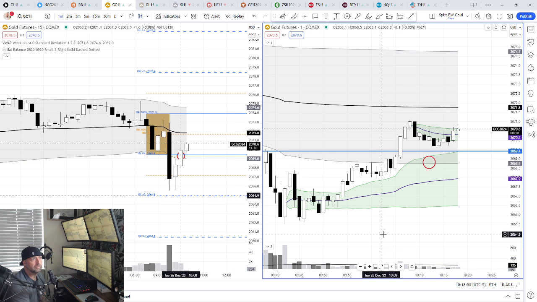So we're above that anchored VWAP from the high. Yeah, I see that. So now this can turn into a consolidation area, or we can